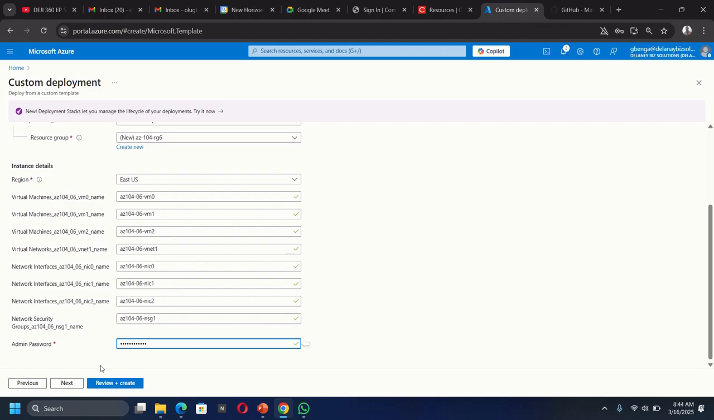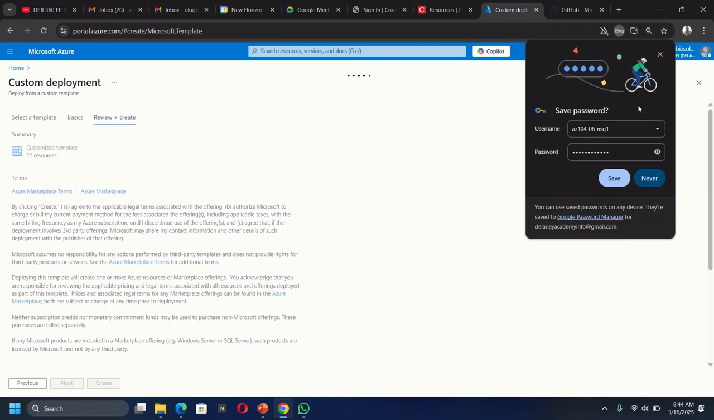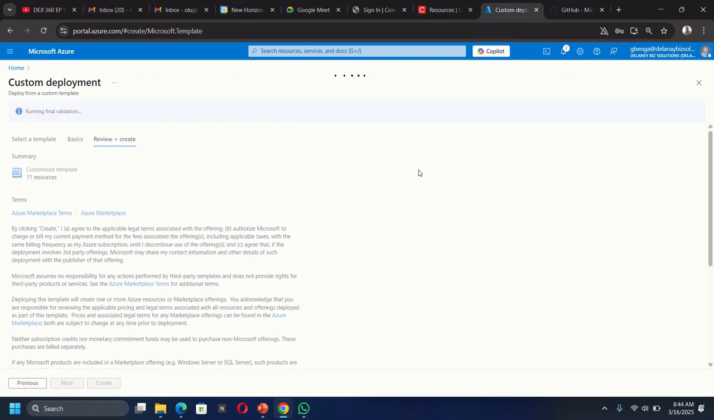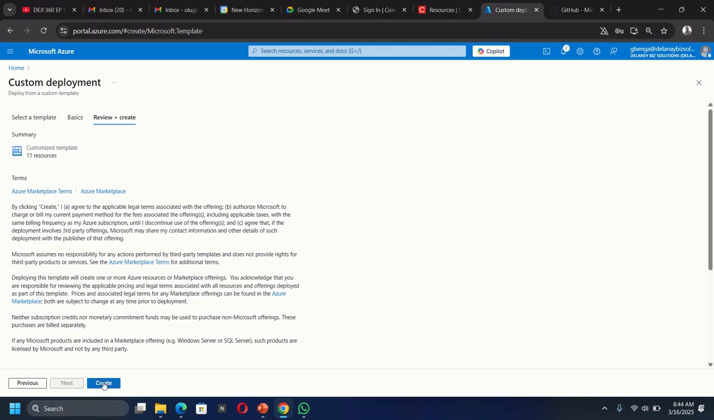Then after this, I will click review plus create. So this is going to cross-check everything that I supplied, and is going to determine if they are in good order. Right now, if you take note, it is running the final validation, and once that is ready, I will have the opportunity to click the create button. Right now, I cannot click the create button because the final validation is still running. So I will pause this video and I'll be back once that is ready. Oh, it's even ready. So I'll click create,